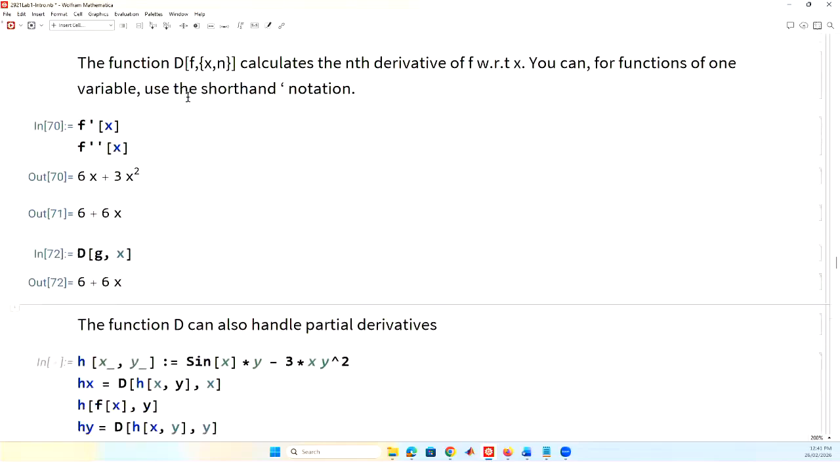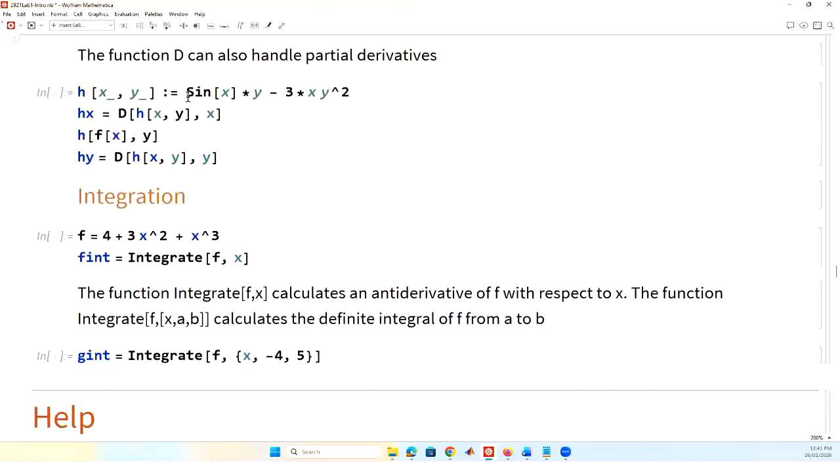You get it. Mathematica can differentiate. It can also handle partial derivatives. So here I'm defining a function in multiple variables. Now we're starting to talk about things that we will use. So hx is the derivative of this multivariable function with respect to x, and you'll notice it even color coordinates it for you to let you know what you're differentiating with respect to. H of fy, so the derivative of h of fy,